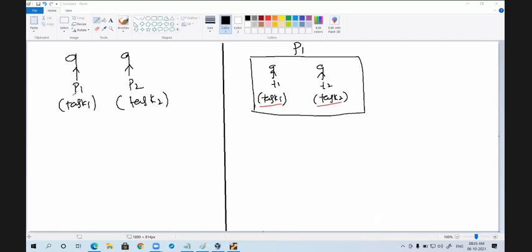Now tell me, here 2 PCBs are created, one for every process. Separate PCB, separate time slice, separate signal table, separate file table. Everything is separate: separate data section, separate code section, separate heap section. But here these 2 threads are present in a single process. Can I say these two threads will share the things?